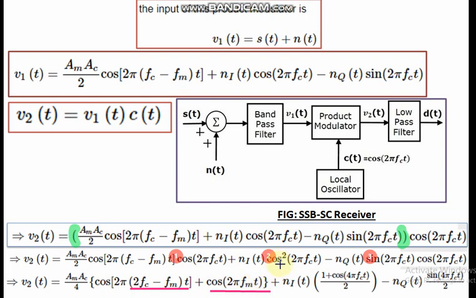Okay. And here you have to put the formula for in phase component which is having the cos square theta term. So cos square theta is equal to 1 plus cos 2 theta by 2. So here we have calculated in this term which has become 1 plus cos 4 pi fct by 2. And the third term solution is sin theta cos theta. So sin theta cos theta is 1 by 2 sin 2 theta. So here we have received this term.